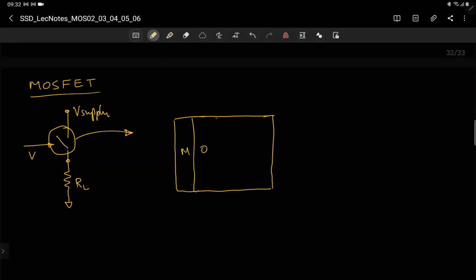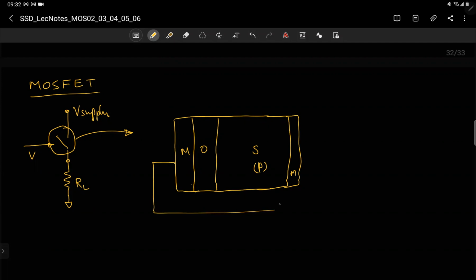MOS. This M is small, okay. Now this is P type. Now we have seen that there are various types of operation. First you have to bias this, right? Now you have to bias this, and you know that the charge inside the semiconductor is